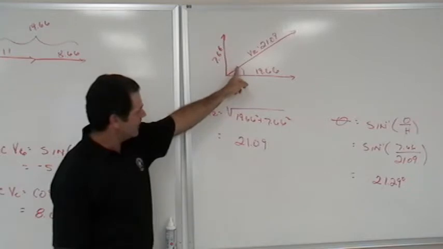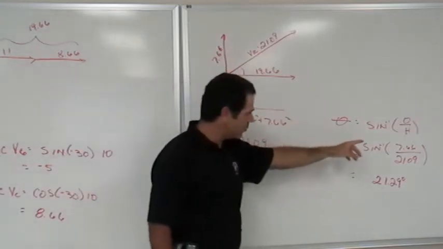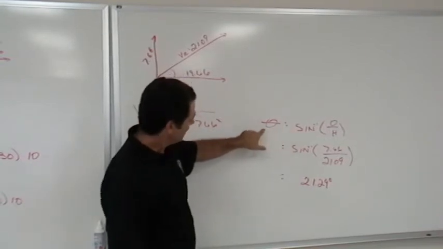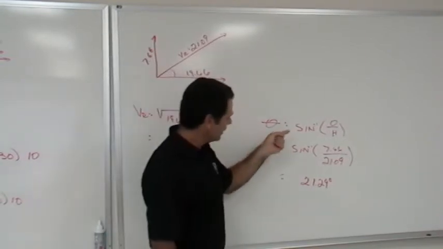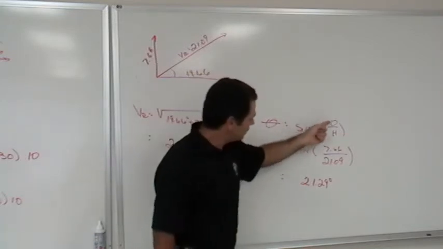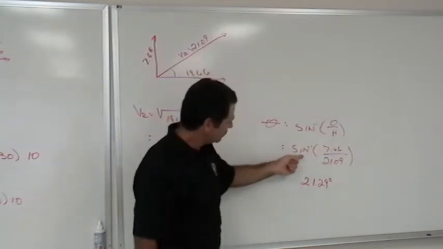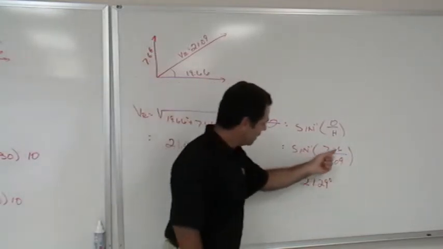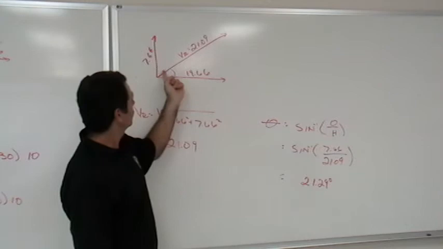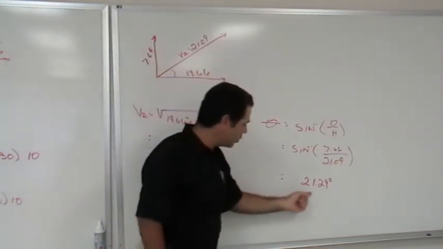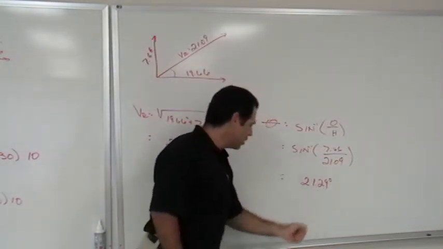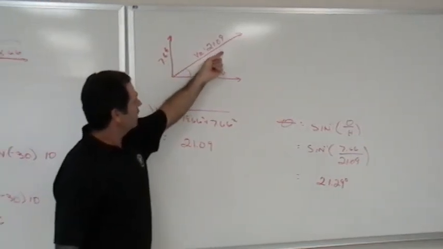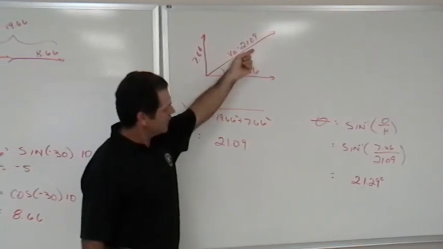Now we want to calculate the angle. We can use any one, sine, cosine, or tangent. I decided to use sine. So to find the angle using sine, it's second function sine, opposite over hypotenuse. So second function sine, 7.66, which is the opposite, divided by 21.09, which is the hypotenuse, gave us an angle of 21.29. So combining all of these vectors gave us one vector resultant of 21.09 at an